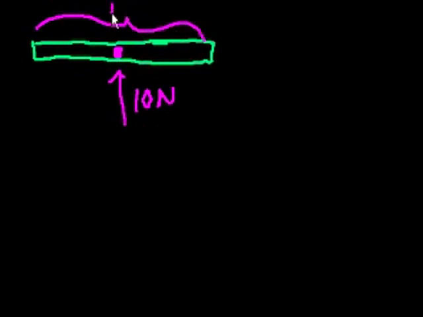Well, let's say that the center of mass is here. And I'll tell you why I picked this point, because that is pretty close to where the center of mass will be. If the center of mass is there, and let's say the mass of this entire ruler is, I don't know, 10 kilograms. This ruler, if a force is applied at the center of mass, let's say 10 newtons, right? So the mass of the whole ruler is 10 kilograms. If a force is applied at the center of mass, this ruler will accelerate the same exact way